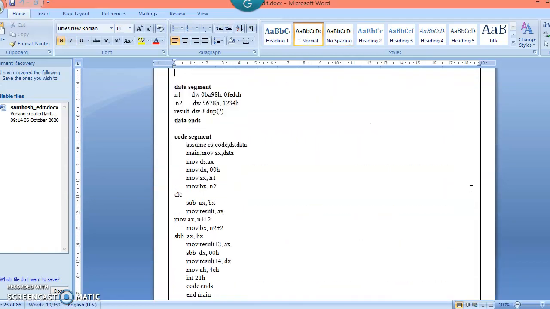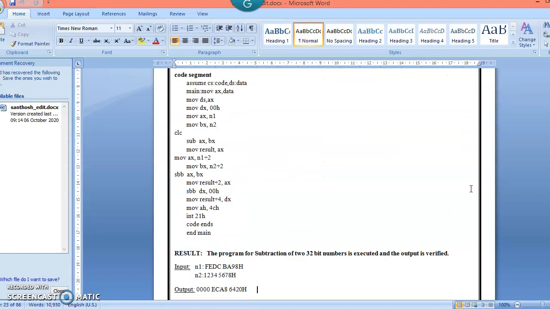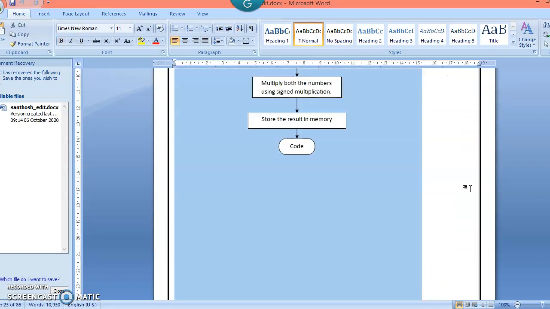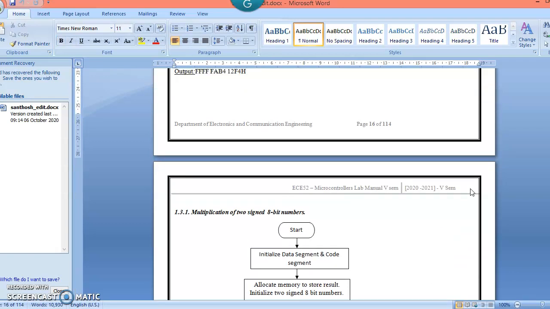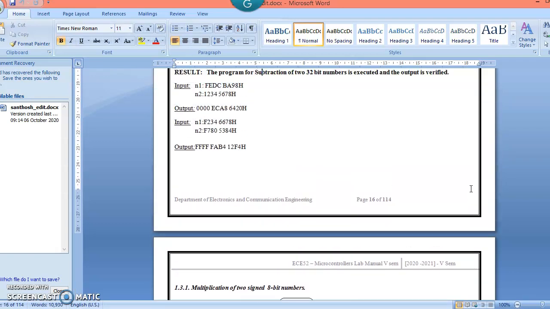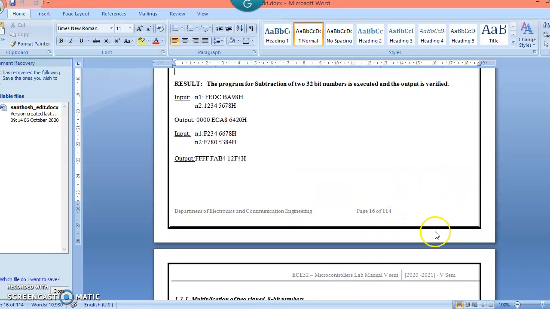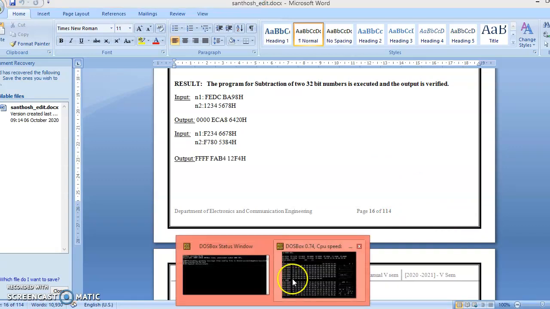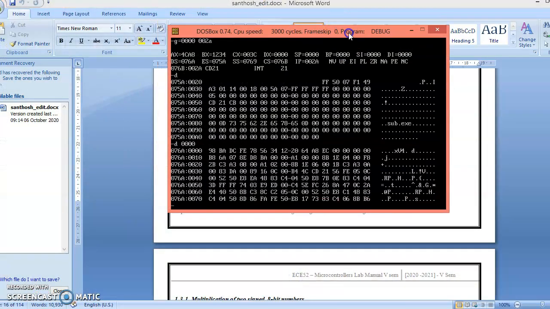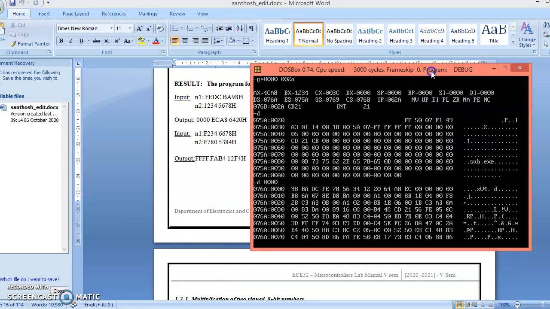This is the program we have written already. This is the input we have given. I'll open the DOSBox and keep it here, and then I'll show you side by side.